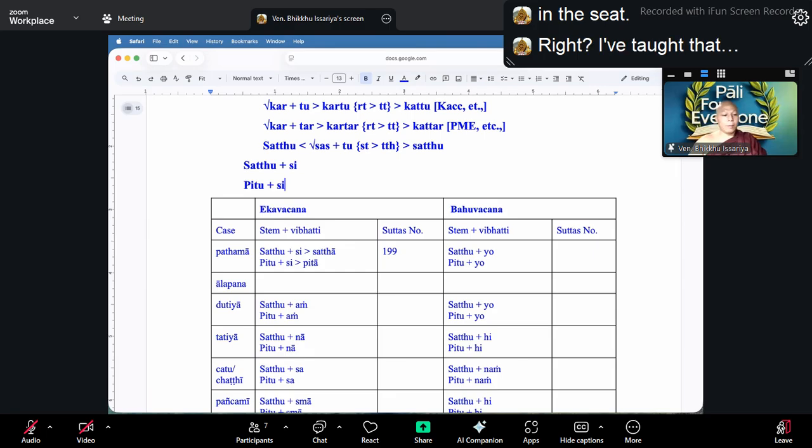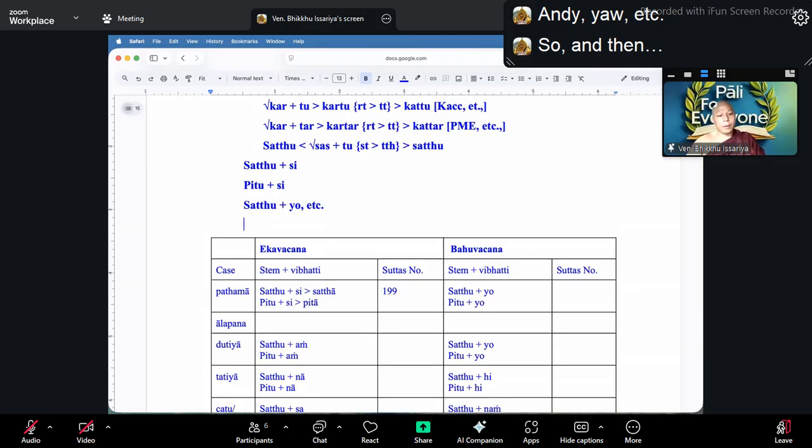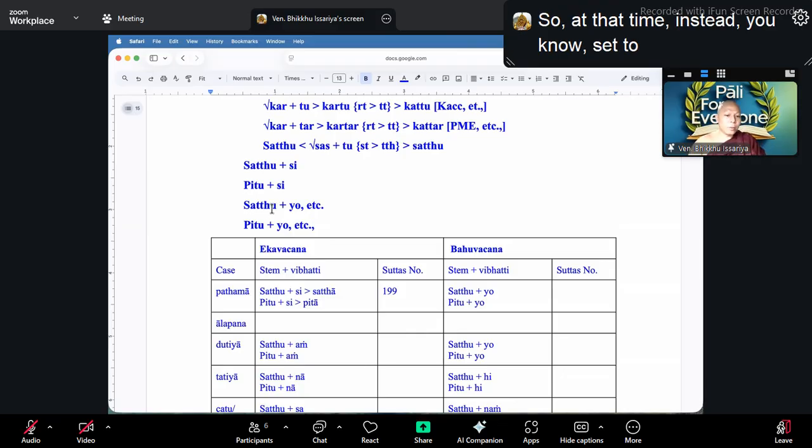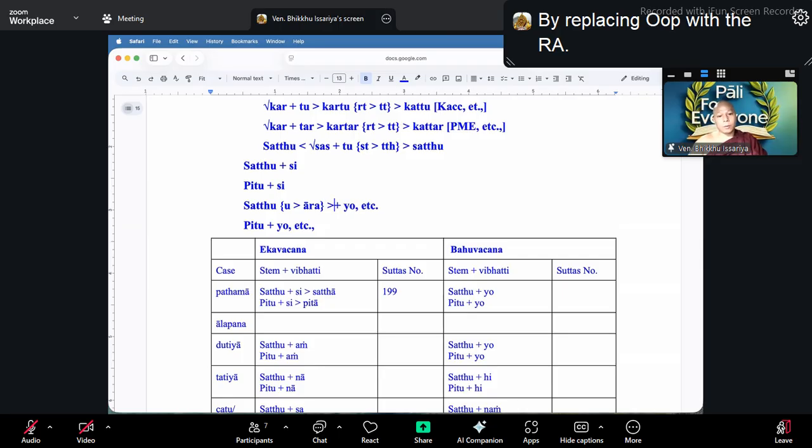After that, satu and the your etc. So and then B2 and the your etc. That is inyesu or jenesu. So at that time, instead, satu, this u is replaced with the ara. So that is why, by changing, by replacing u with the ara, so that is why,